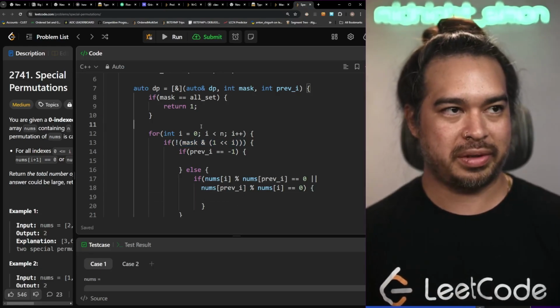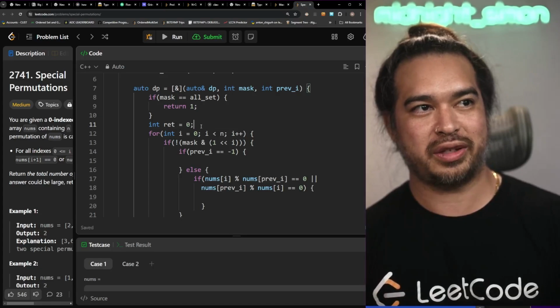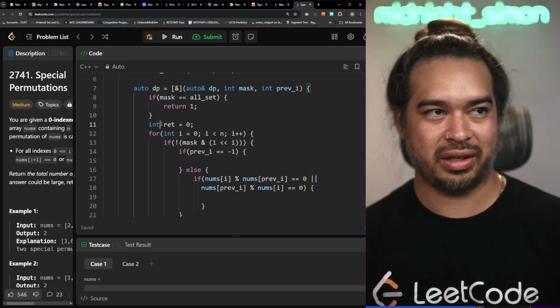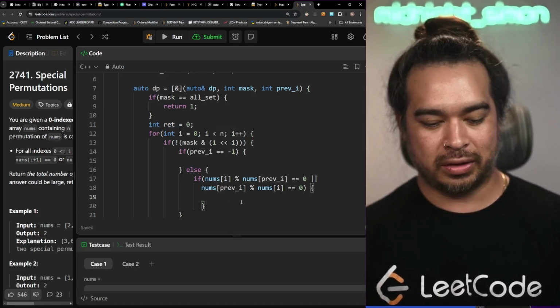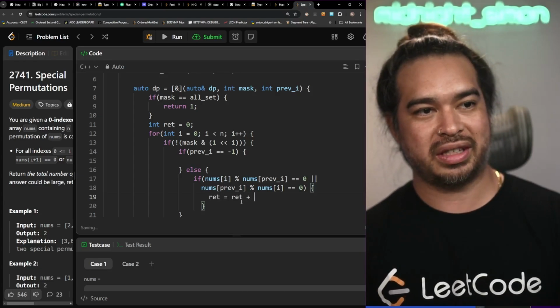Actually, wait, let me say we gotta keep track of how many ways we successfully generated permutations here, and we'll do that in this variable called ret. So ret equals ret plus DP